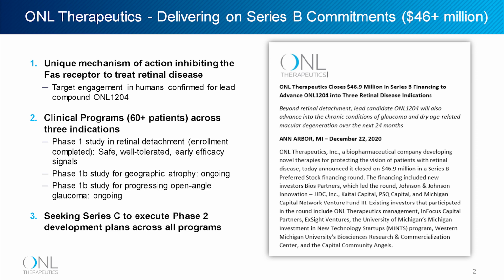About 18 months ago, we raised a Series B round, close to $50 million. BIOS Partners out of Dallas-Fort Worth was a lead investor. We've had a number of investors in the crowd here today, the ophthalmology-focused VC firms, Excite, and also InFocus Capital Partners have been supportive of us. We also have some strategic investment, and both Janssen and Novartis have been very helpful in our development along the